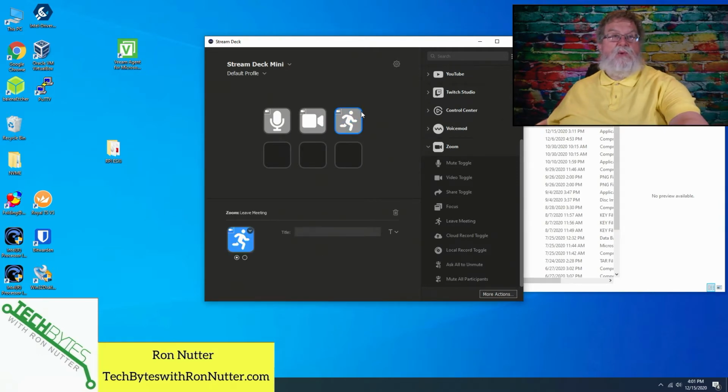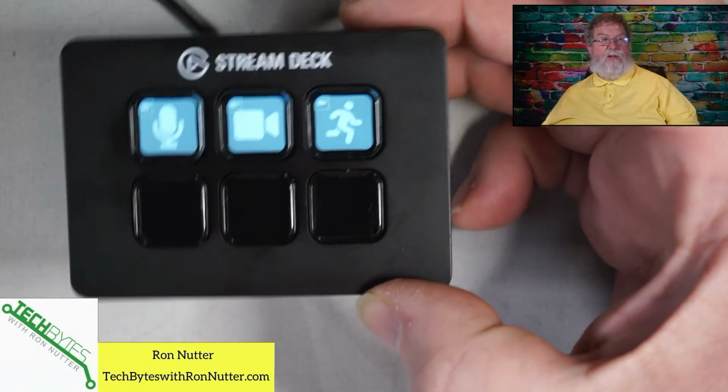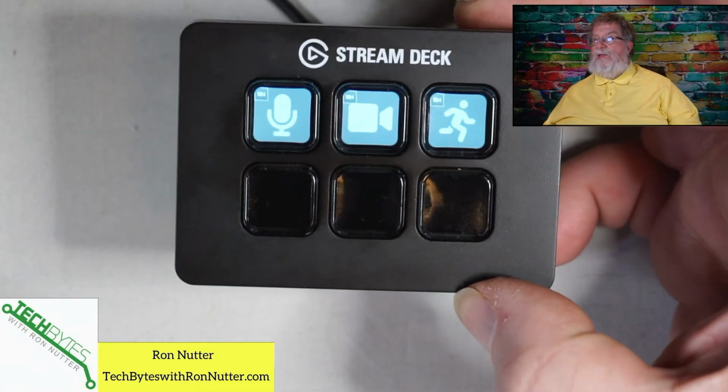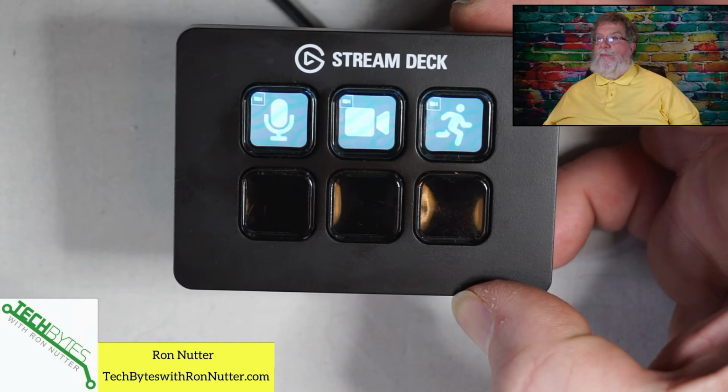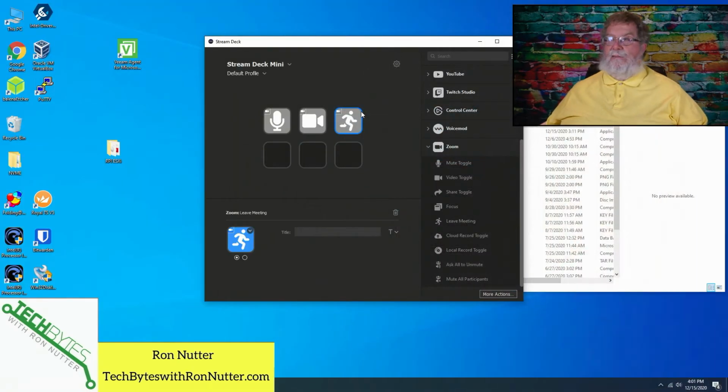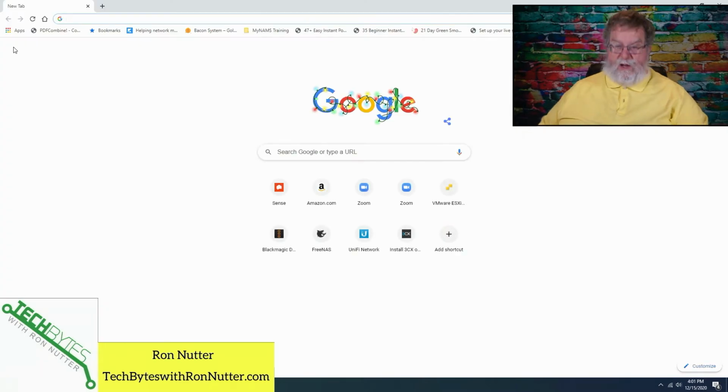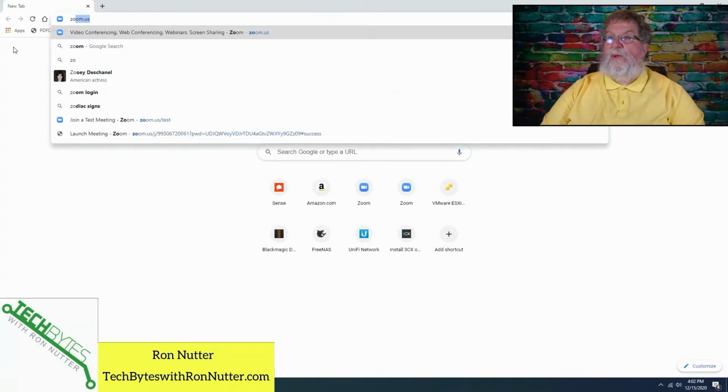Now, here is what we're looking at so far. Literally what you see on the screen is what you're seeing on the Stream Deck Mini. You can't make it much easier than that. We will go here and open up the web browser, and we'll go to